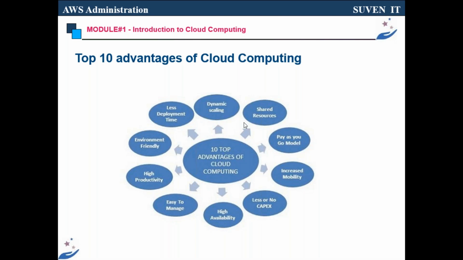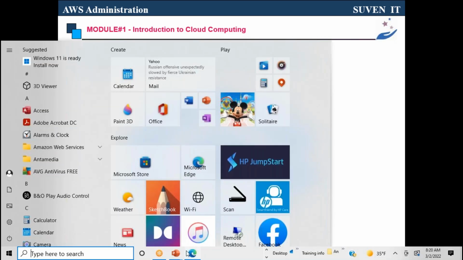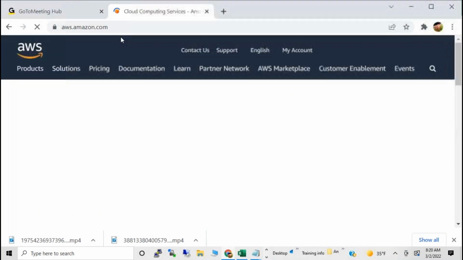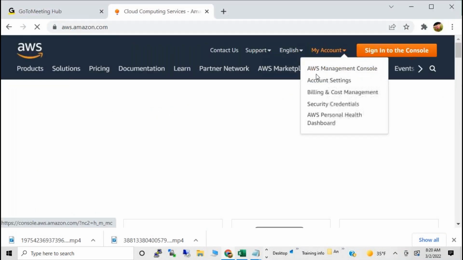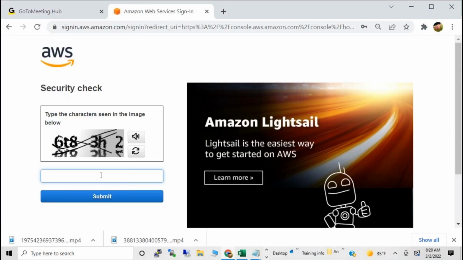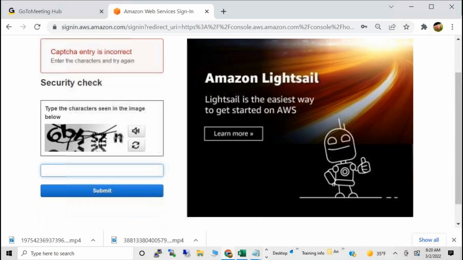And easy to manage. This cloud is very easy to manage compared with all other software. Just drag and drop. For example, don't try to understand how I'm doing it. For example, I want to create a server. In a very easy way, I can go to aws.amazon.com and I can create the server in front of you within a minute. I can create a database in front of you. I can create an application in front of you. Whatever you want to do for a business, you can do within time and in an easy way. It's very easy, very much easy to do this job.